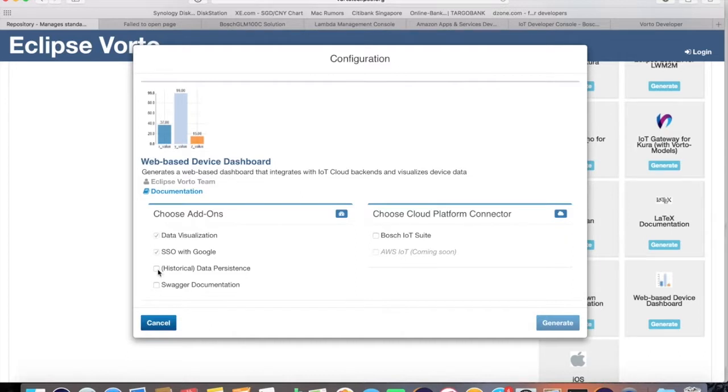But you can also now choose, I would like to have persistence of the data as well as the Swagger documentation. And the cloud platform connector to get where to get the data from. If you leave that blank, it will create a dummy implementation which you have to implement in order to retrieve the data from your custom backend. But here I would like to choose the Bosch IoT Suite to fetch it from there. You can click Generate,